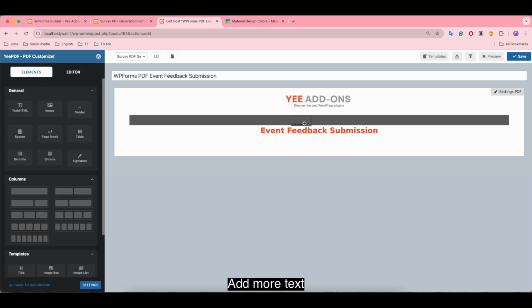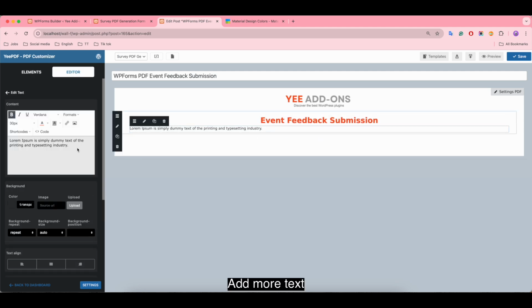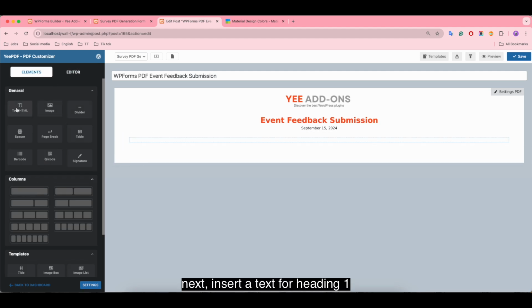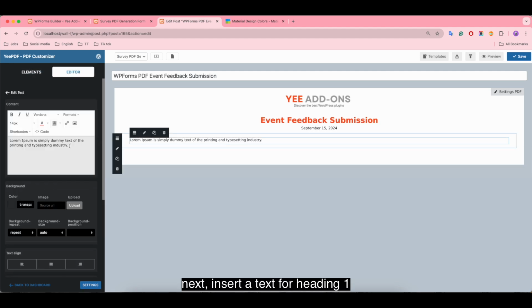Add more text. Next, insert a text for heading 1.